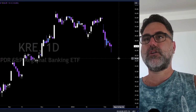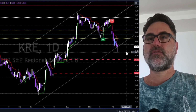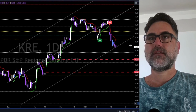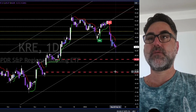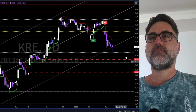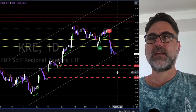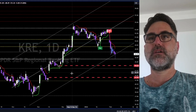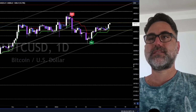KRE, another day, another downside, holding barely the 45 area. Doji, but looks like the KRE needs to fill this gap. The 44 and maybe even the 42 gap also needs to get filled. Otherwise, bulls of the KRE, bulls of the IWM, the Russell 2000, will have a very difficult time to continue to the upside. Bitcoin 0.7%